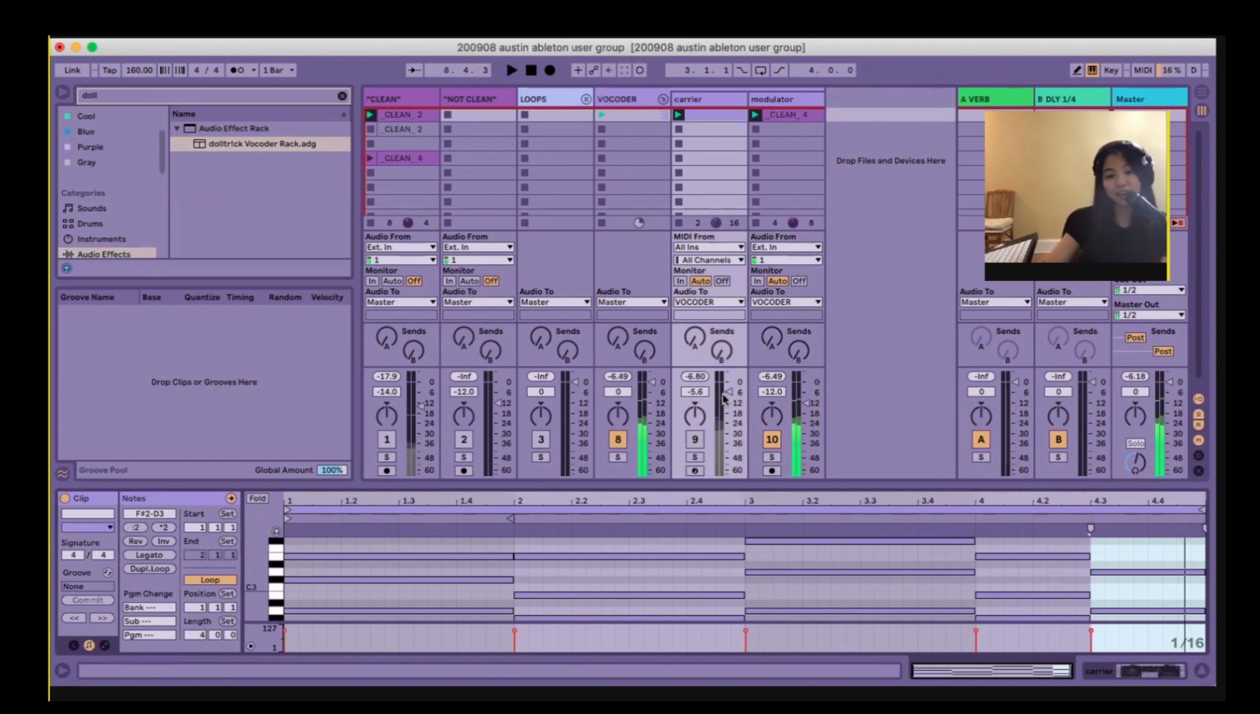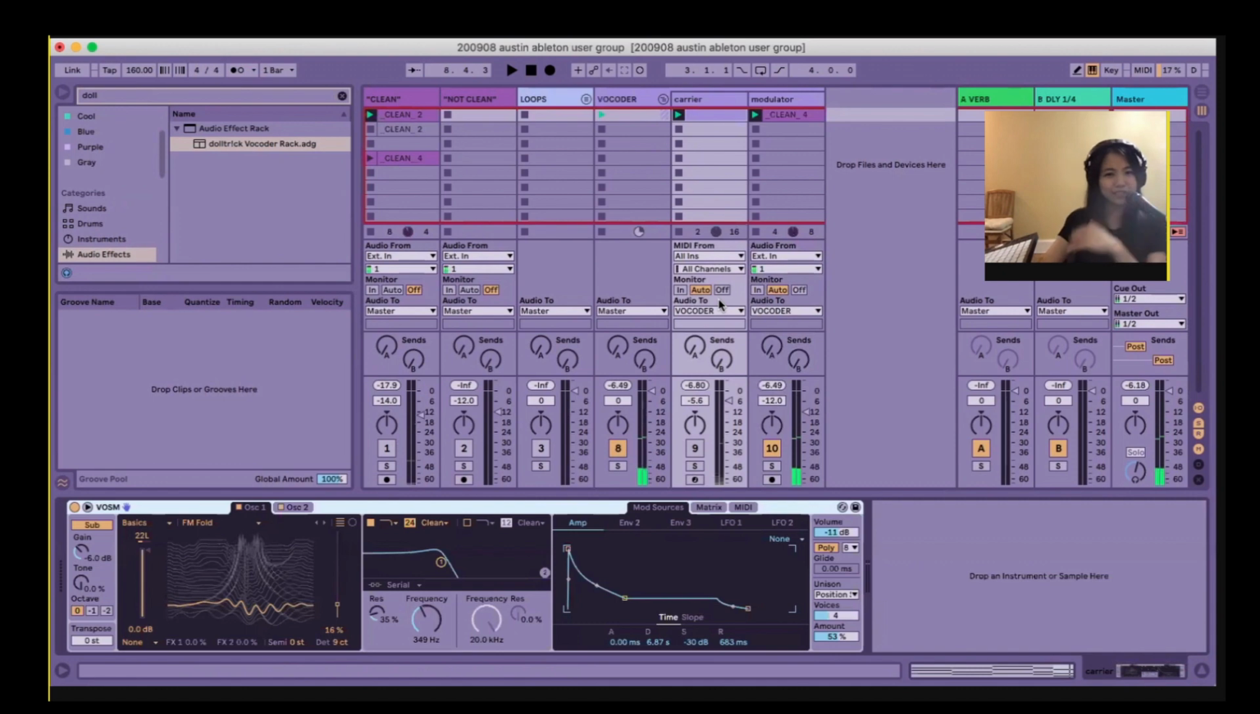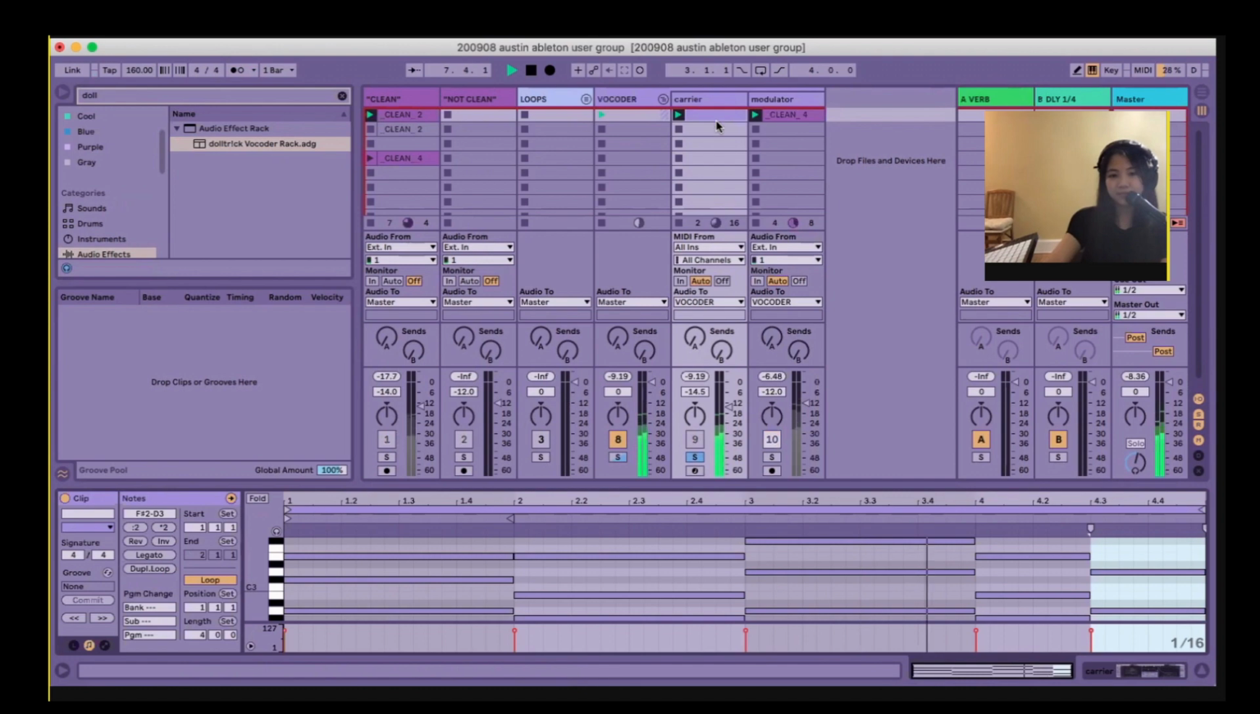This is using Live's native vocoder device, and that was so silly of me. I muted the entire group. But the original sound that I had on this track that says carrier over here is a synth sound. This is a patch from Live itself. It's wavetable. Kind of chord progression. But the way a vocoder works is you're actually taking the signal from, say, something like